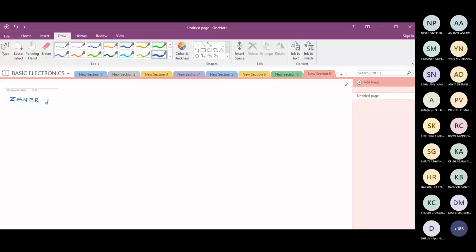So till now we have studied the ordinary, simple PN junction diode. What is a Zener diode? Nothing special. It is just a heavily doped PN junction diode. Just make a note. So your ordinary diode, if I dope it heavily, it becomes a Zener diode. A heavily doped PN junction diode, we call it a Zener diode. Is this clear?